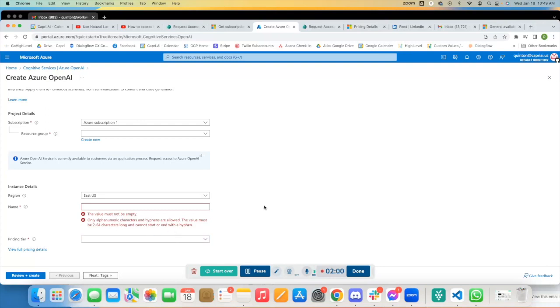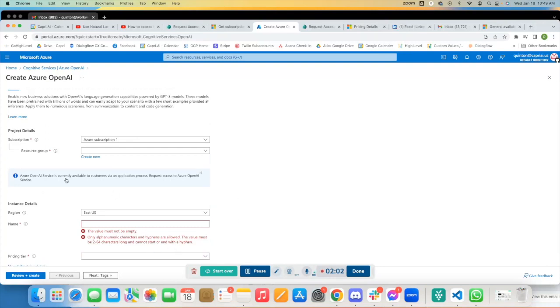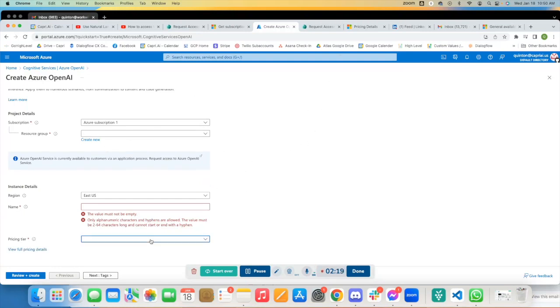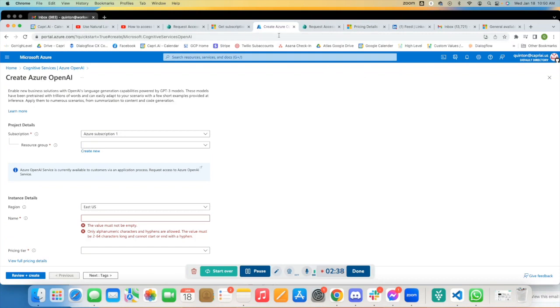So once you do have access, and you can see it does say you need to request access here, and I just submitted through that form as well. But once you do have access, it'll just let you choose which pricing tier you want to go with. So once you actually get approved, you'll have a pricing tier here. Once that pricing tier gets chosen, you can create this resource, and then you can actually access a lot of things